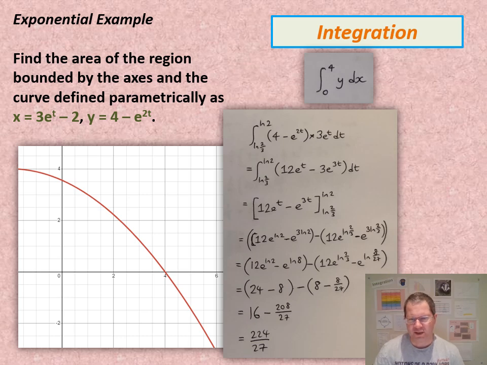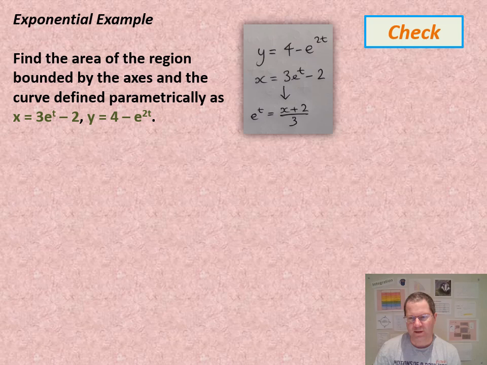e to the ln 8 is 8. 12e to the ln 2/3 is the same as 2/3 of 12, which is 8. And e to the ln 8/27 is 8/27. And then simplifying that, we get 224 over 27 for the area. Now we can actually check it using standard integration